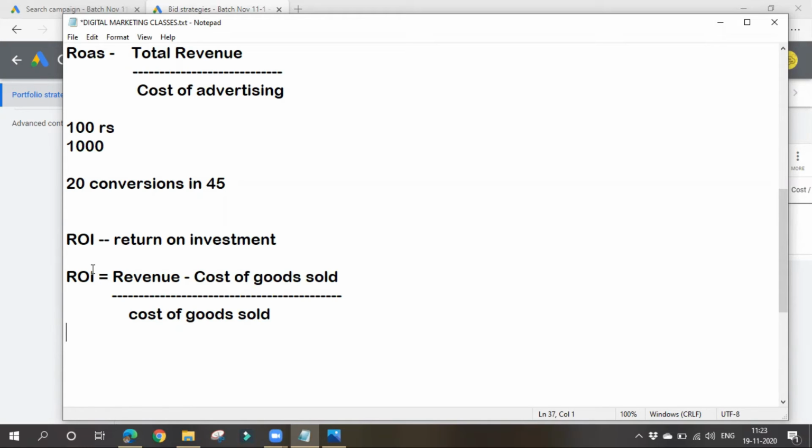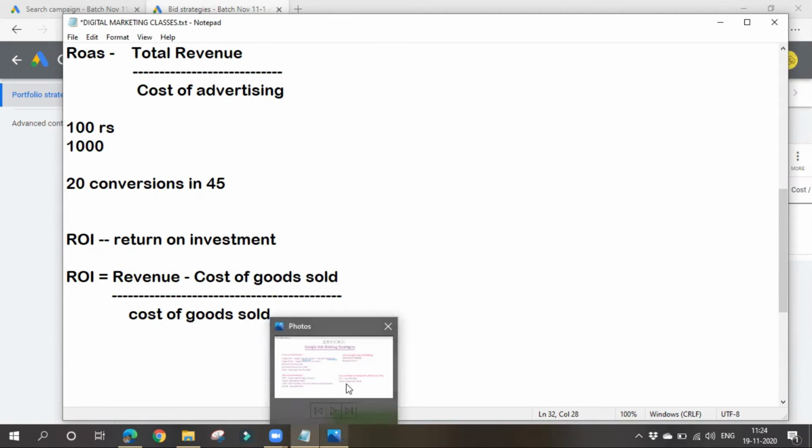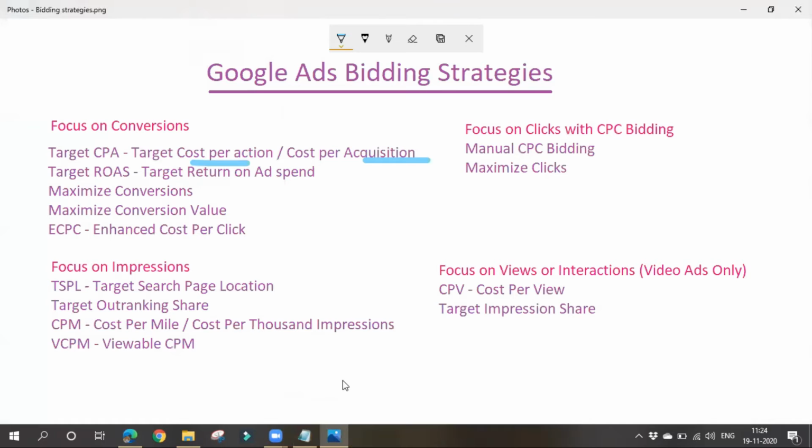Again we'll be taking into account from those expenditures how much we earned. Total return, total investment we spent, and total profits we got from that. This is known as ROI. This is not a bidding strategy. I'm just explaining for your better understanding. That's it. Okay, let's go for the next bidding strategy.